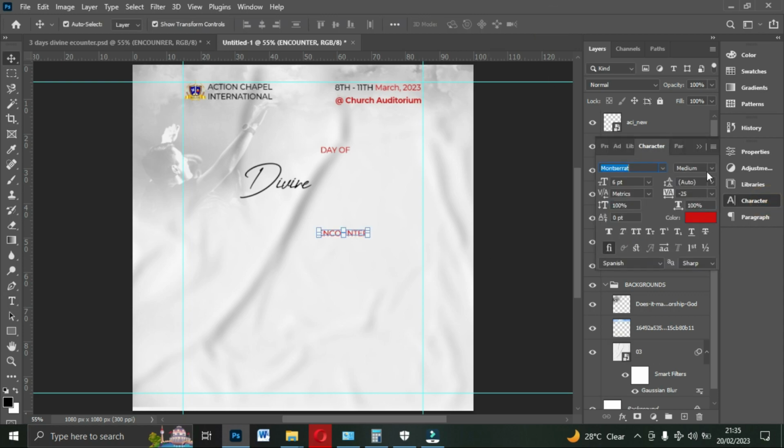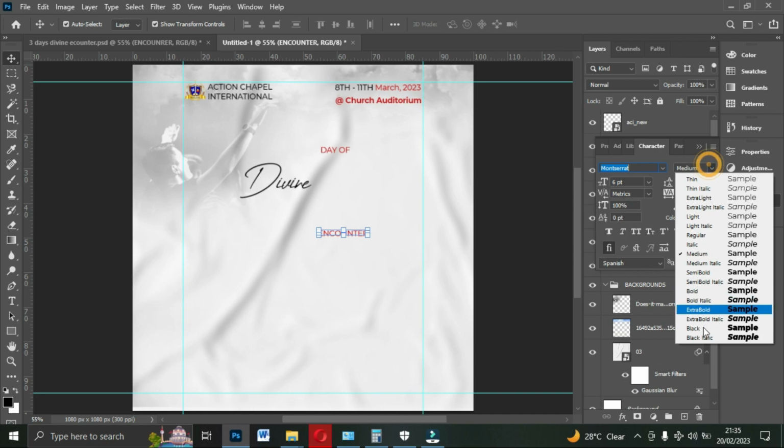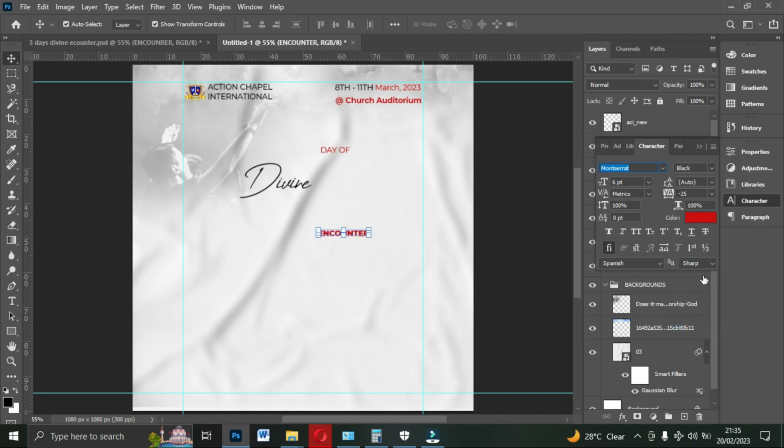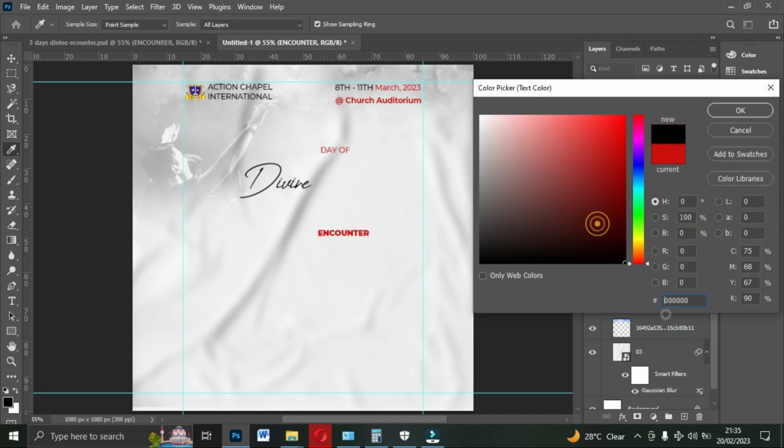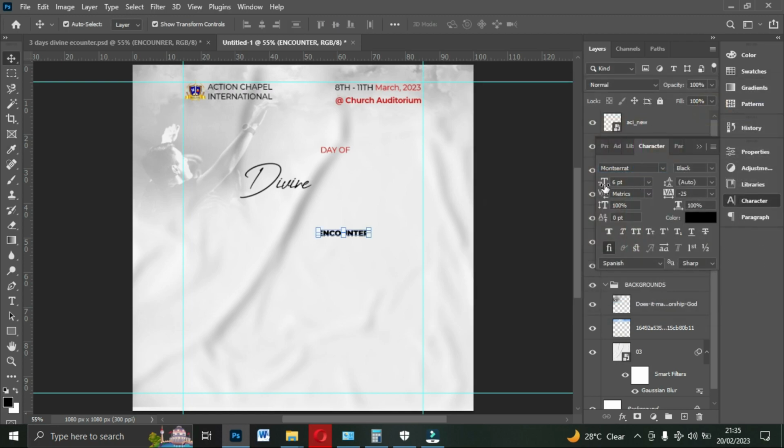And this is going to be black. Okay, and then the color is going to be black. Let me change the size, close the spacing to 50, and then the size, let me pick something like 16. Okay, and place it here. All right, okay,